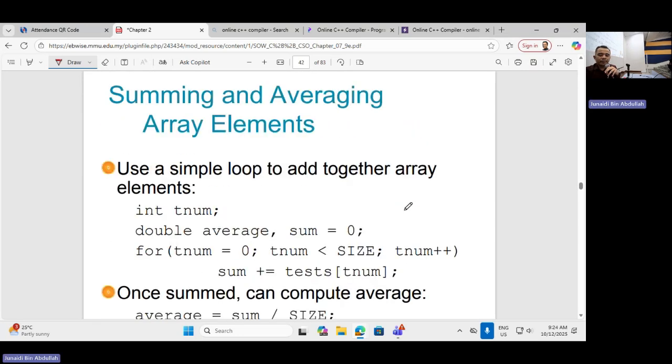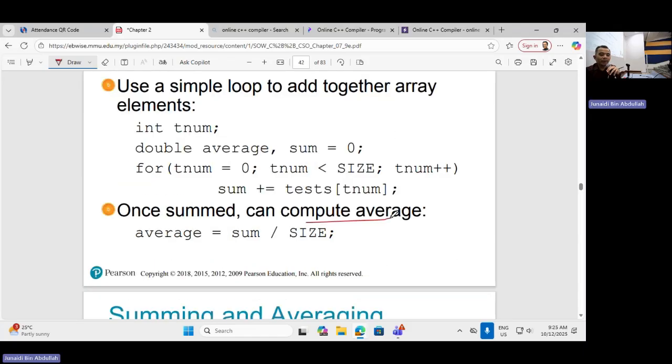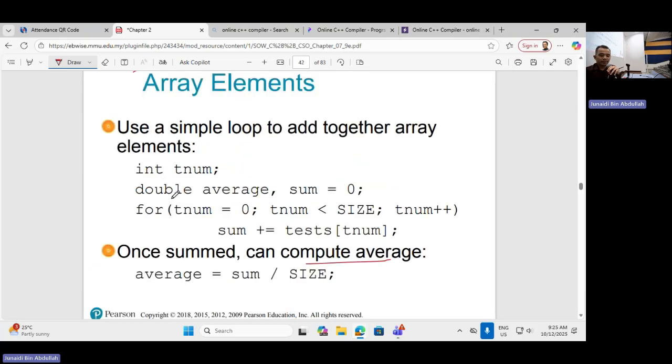Okay, this is just code that you can use in order to find the total of your values inside your array and do averaging. Let's say you want to compute the average. So what you normally do is, of course,